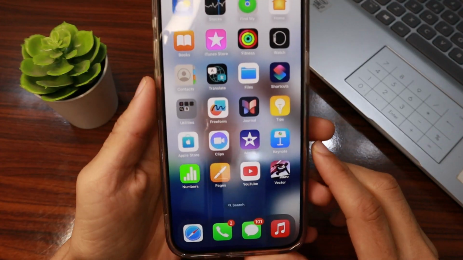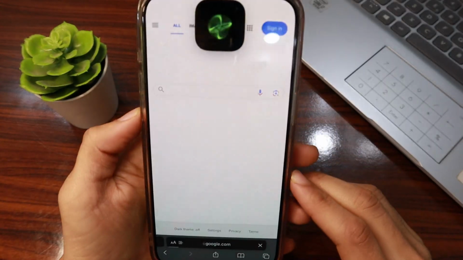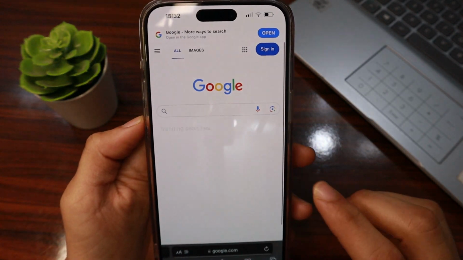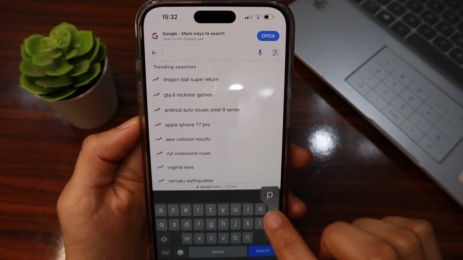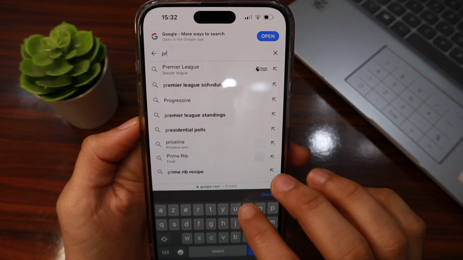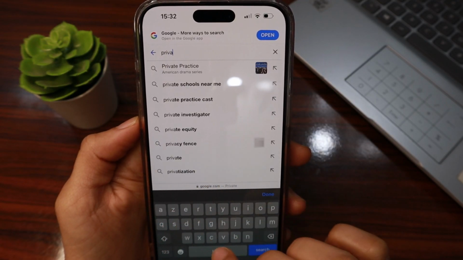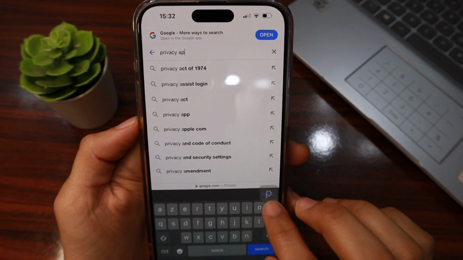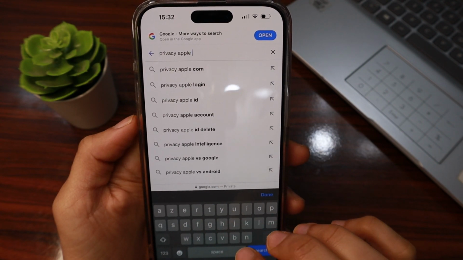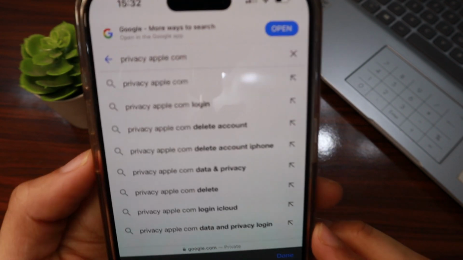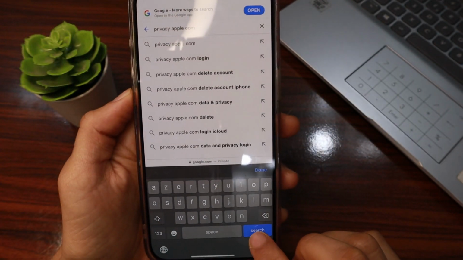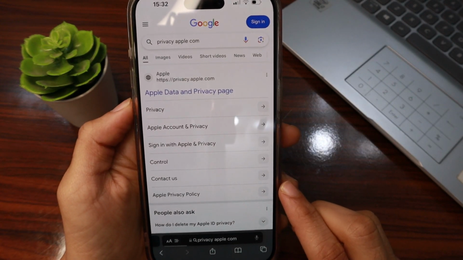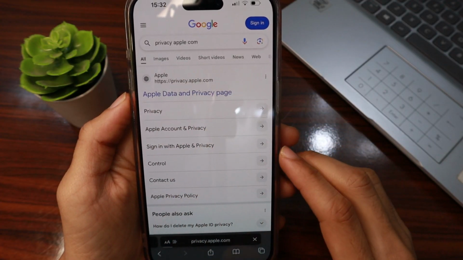So first guys, open your browser, then go to google.com. In the search bar of Google, write privacy.apple.com, like this, privacy.apple.com. Then tap search, then open the first website,